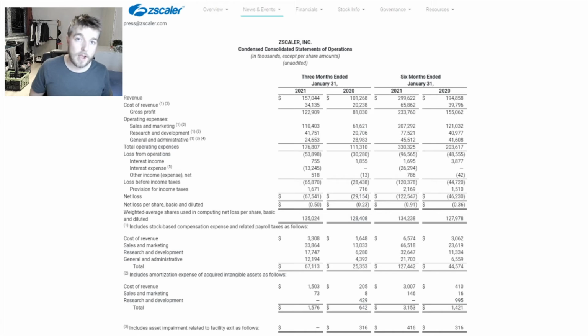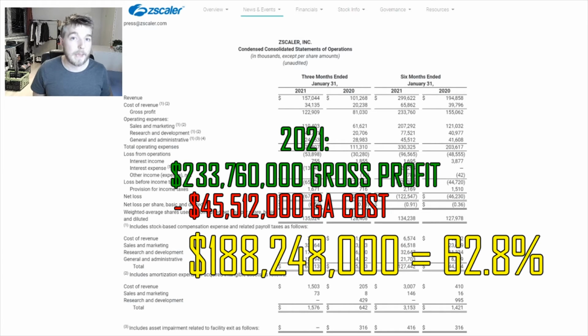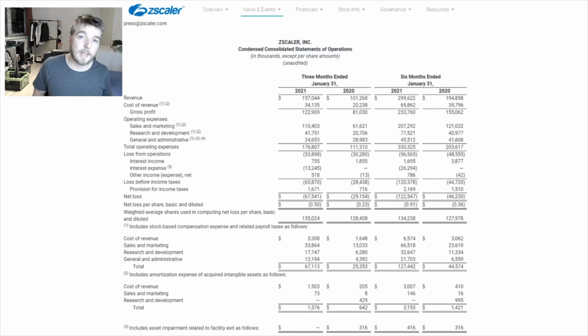And if we actually subtract the general and administrative costs from their gross profit, they still end up with 188.248 million, which is about 62.8% of their entire revenue. So if you were to subtract the non-flexible costs of sales and marketing and research and development, they would end up with a profit margin of about 62.8%. Subtracting any other costs, those are the kind of margins that you can calculate from this, which altogether